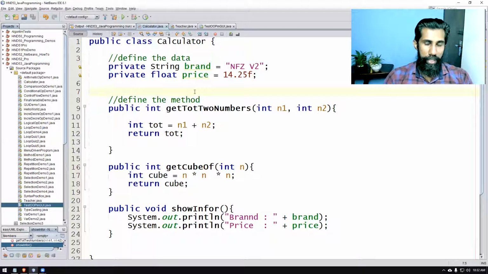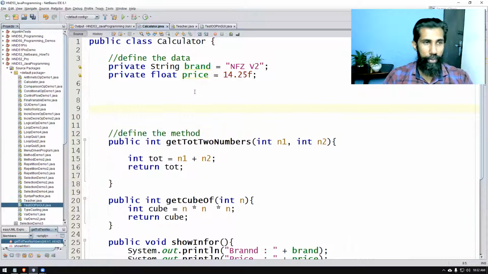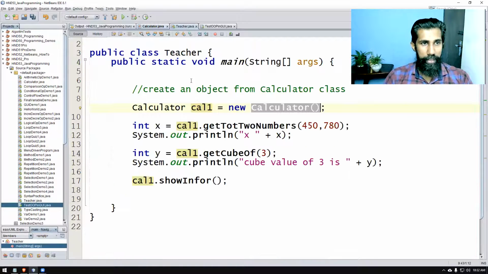Okay, one more thing I'll just quickly tell you before we finish the session. When we are creating an object from the calculator class, we are calling a method here. You say new, and the method looks the same as the name of the class with opening closing parenthesis. So this is a constructor method. We call this one the constructor method. By the time an object is getting created in memory, this part is getting created.